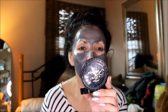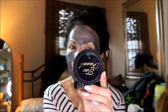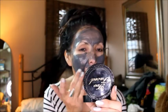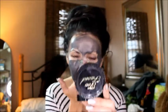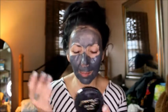Okay, so it's almost all on. And then we're going to time this. So yeah, I am putting a thick layer. You actually don't need a thick layer. A thin layer. I just kind of went a little crazy with that. And I'm slouching because my camera is angled like that. Alright, so